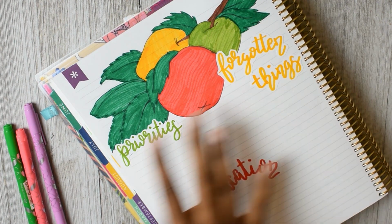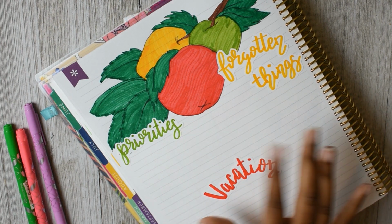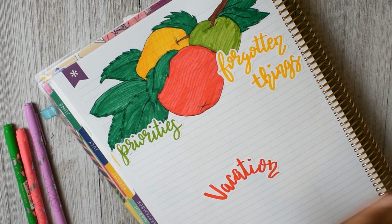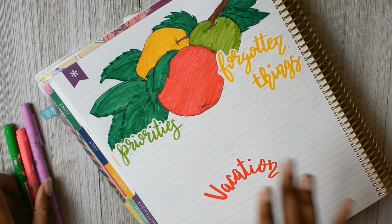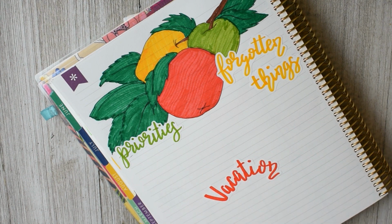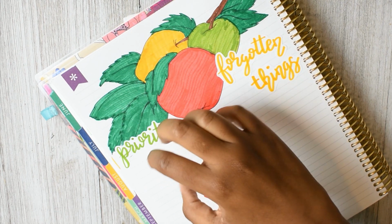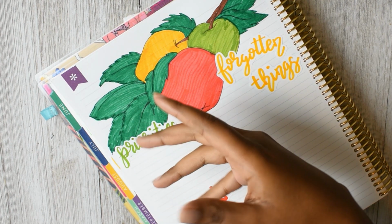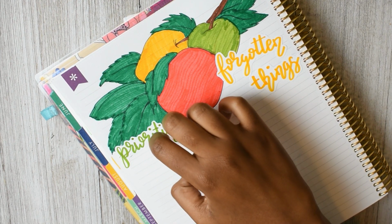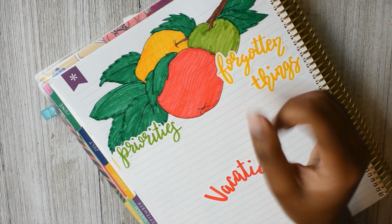All I did was letter some titles on some sticker paper, and then I cut them out. So I have a priority section, a forgotten things section, and a vacation section, all of which should be self-explanatory. Priorities, I did this in August, and I really liked having this section. Basically I just wrote down things specific to September that was happening. Like I had trials expiring that I wanted to make sure I canceled. I had oil changes I had to do, still have to do actually,